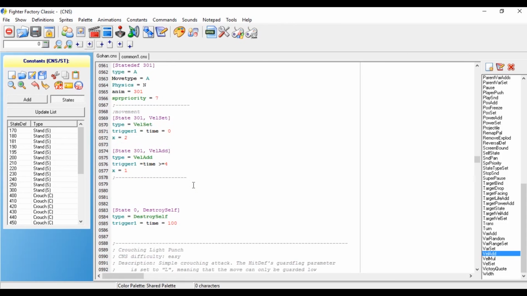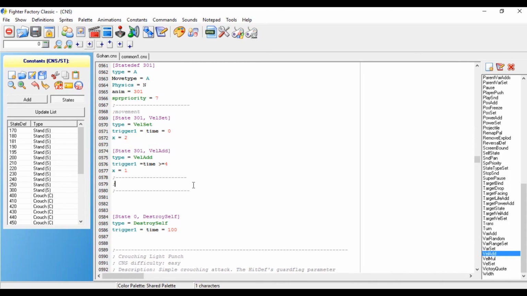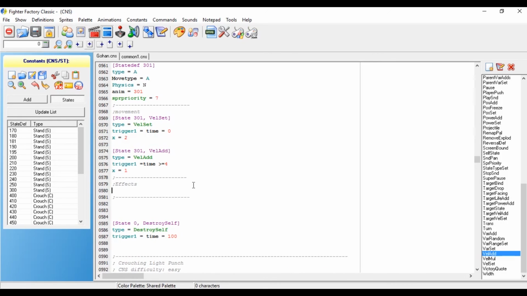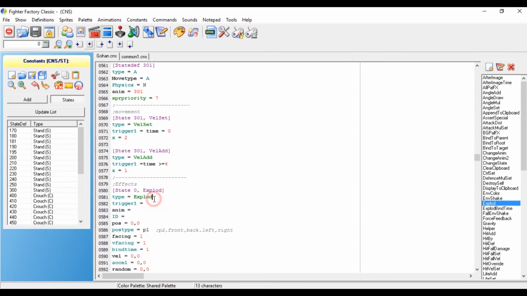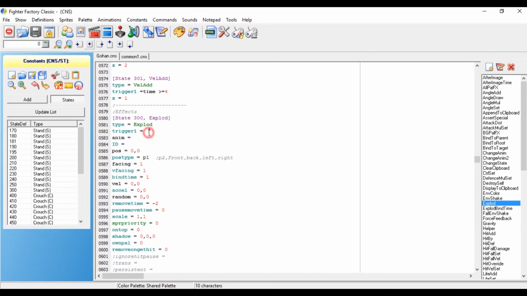And underneath that, I'm going to add another line like this, and in between those lines, I'm going to add a note saying effects. And this is where I'm going to add some effects to make it look a little bit better. So I'm going to go to the right, and I'm going to go to explode. Double click on that, and this should pop up. I'm going to change the state to 300, and I'm going to have trigger 1 equal